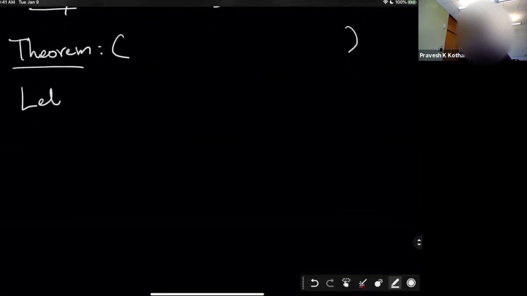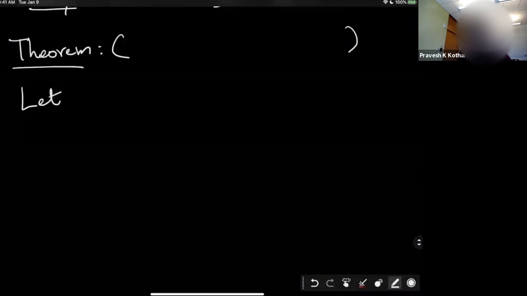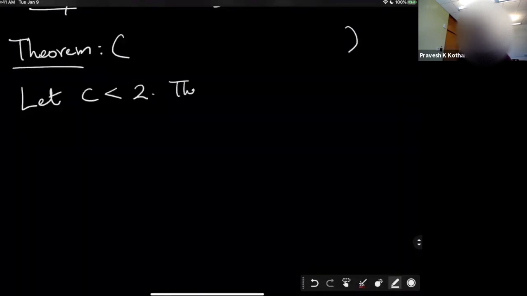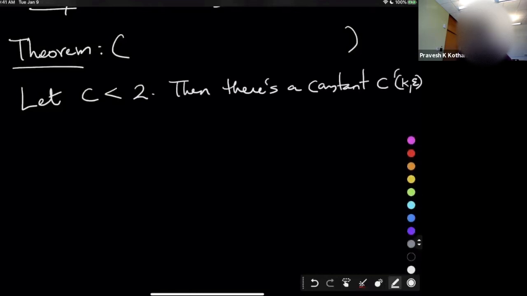So let C be any constant less than 2. Then there's a constant, let's say some C prime, that depends on K, like the K of the K XOR, and the epsilon that appear in Håstad, for example. So the constant only depends on this. It doesn't depend on n. That's important. So C prime of K and epsilon, such that, oh, and